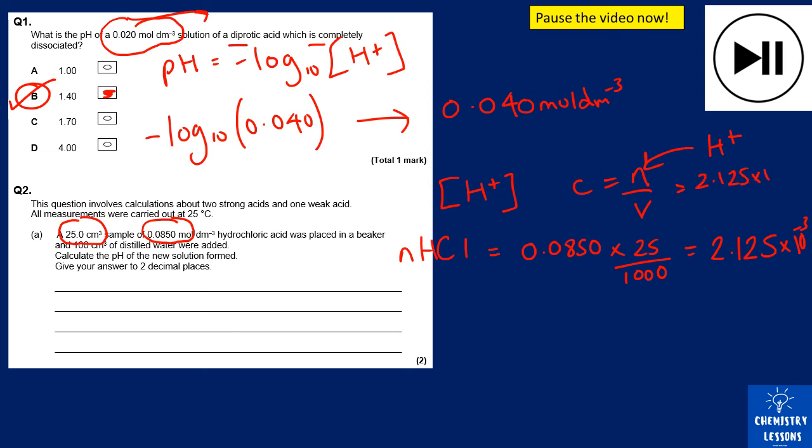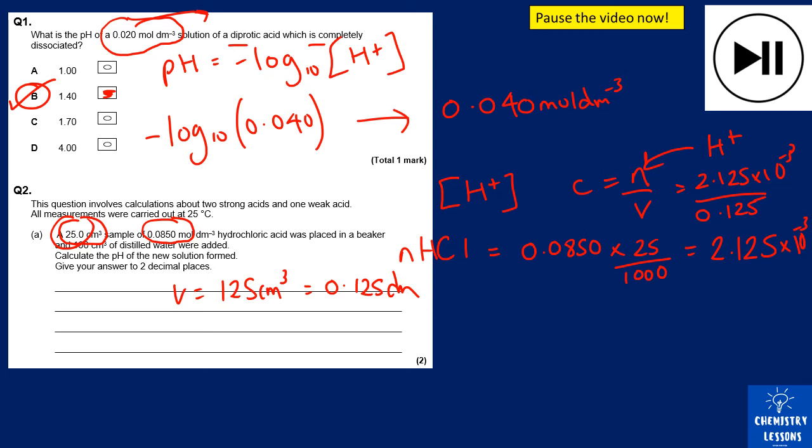What's the volume? Well, the volume is 25 plus 100 because they added 100 centimeters cubed. So my volume is 125 centimeters cubed, which is in fact 0.125 decimeters cubed. So now to find the concentration of H plus, it's 2.125 times 10 to the minus 3 divided by 0.125. That's going to give you my H plus concentration,